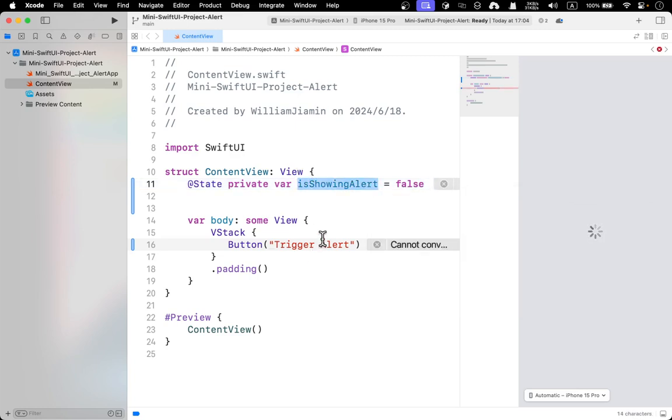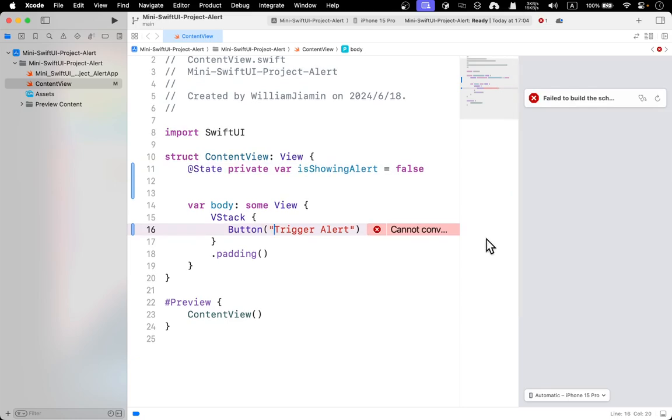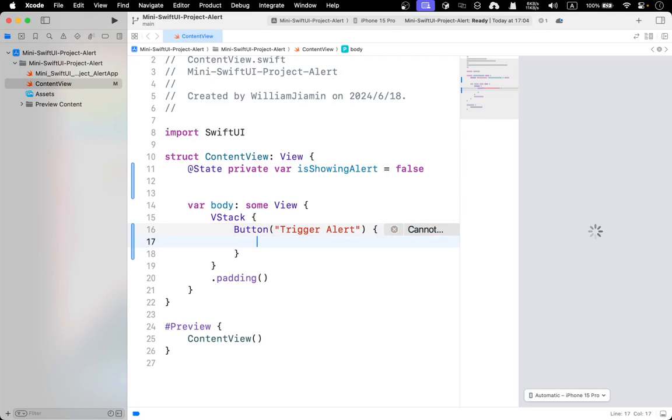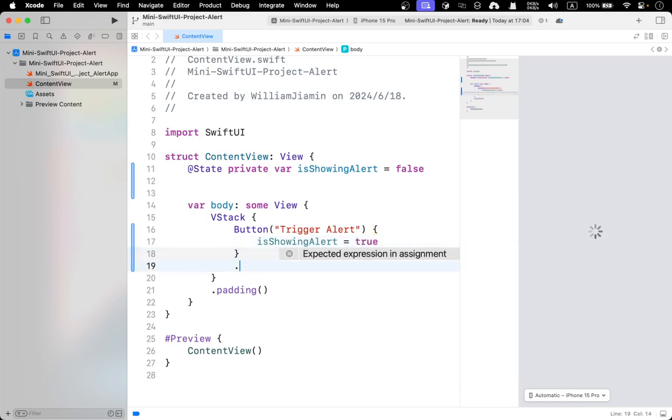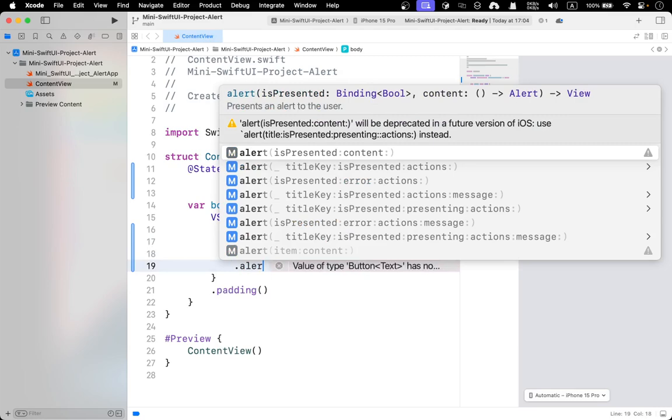I'm going to copy it here, and instead of just using the button here, I'm going to say if you click this button, I'm going to change isShowingAlert to true, and then you can get the alert. Okay, dot alert,